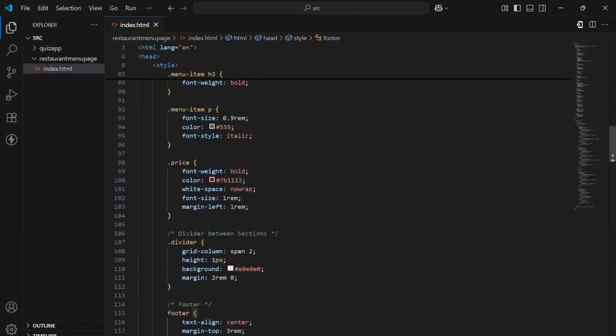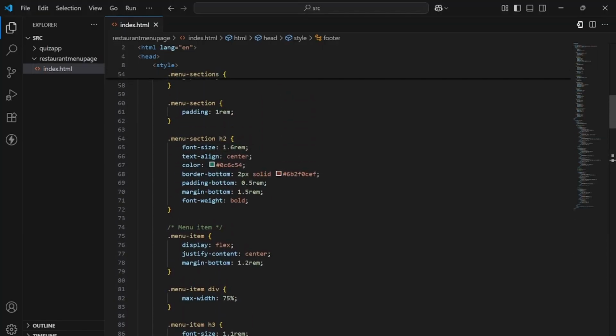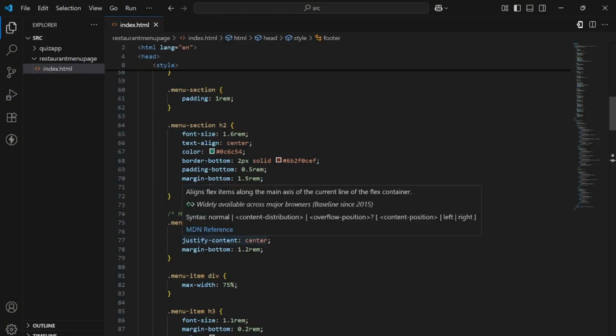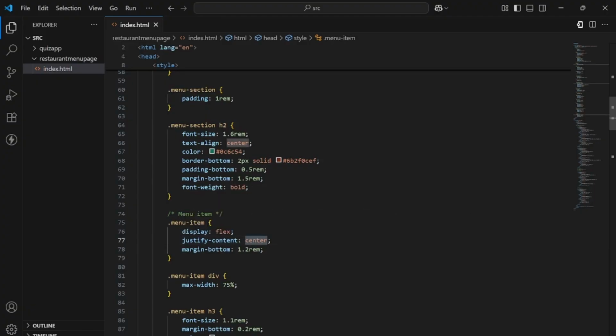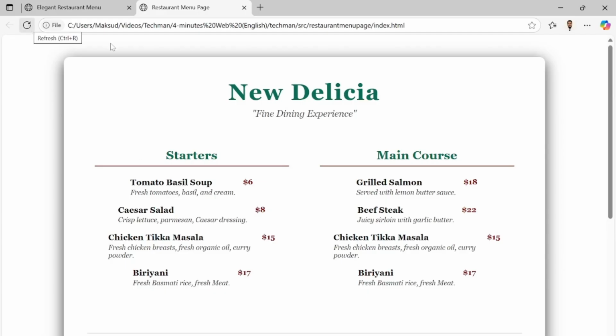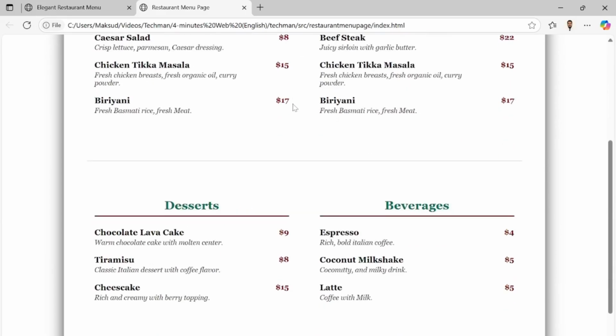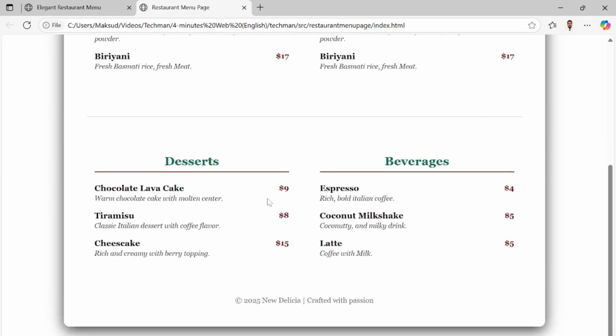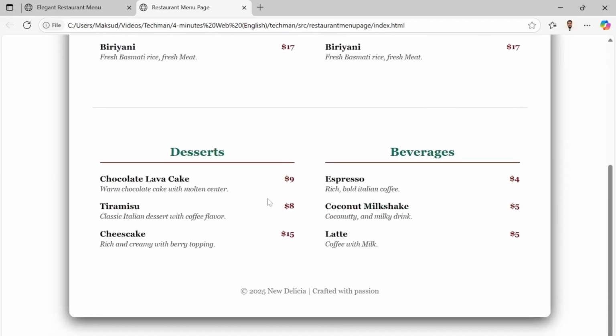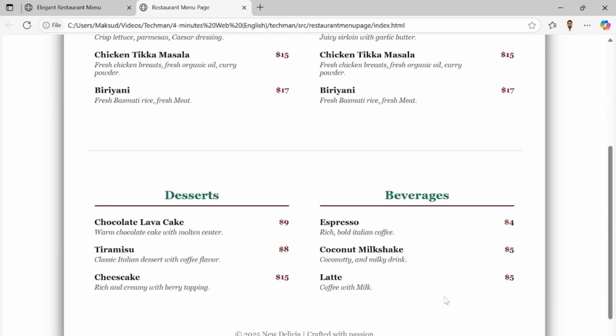Let's go back. The menu item. Let's add this space. And now let's check back. I believe this price should be fixed and aligned. Okay, aligned. So they are aligned. So this is the final product. This is how we create a restaurant menu page from scratch using HTML and CSS only. So that's all. See you in